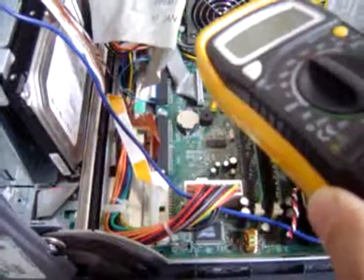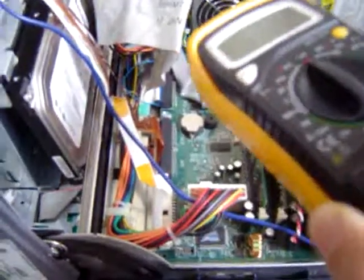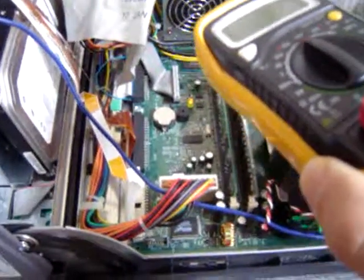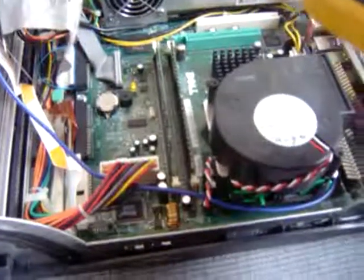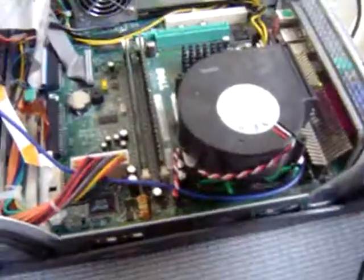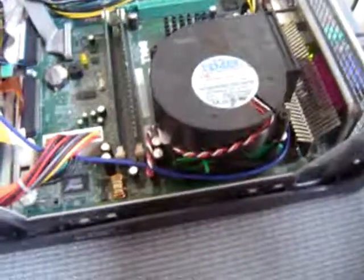Other than that, you could have simple things such as the power cord. If someone tried to rebuild it, they put the on-off button in the wrong slot, because these things are very difficult to read. Or just a couple things maybe all messed up. Other than that,